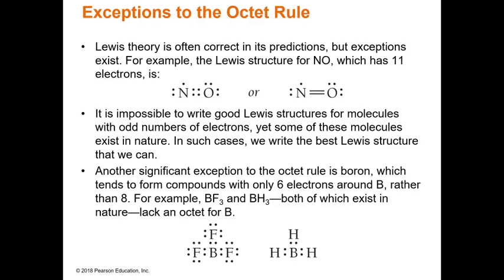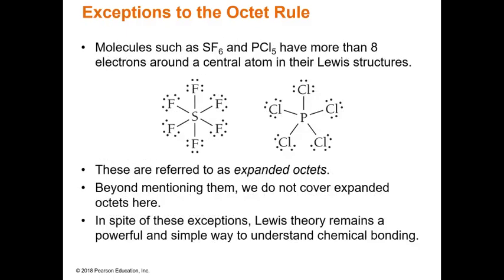Lewis theory is powerful but not perfect. Some molecules don't follow the octet rule. For instance, nitric oxide, NO, has an odd number of electrons, 11 total. It's impossible for all atoms to have full octets. In such cases, we write the best possible structure. Another common exception is boron, which often forms compounds like BF3 and BH3 with only